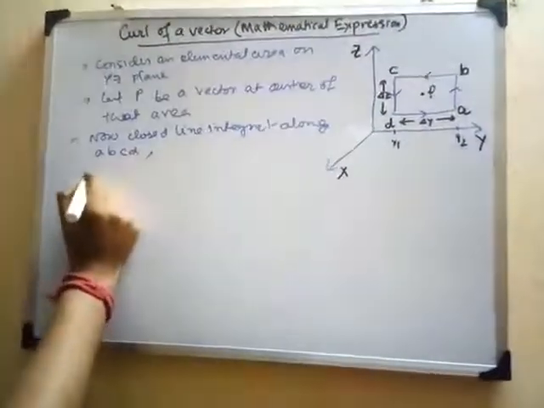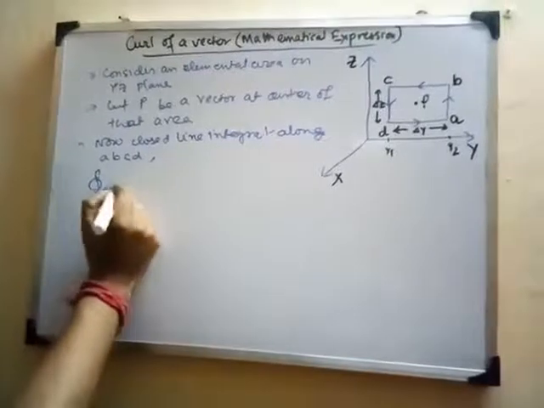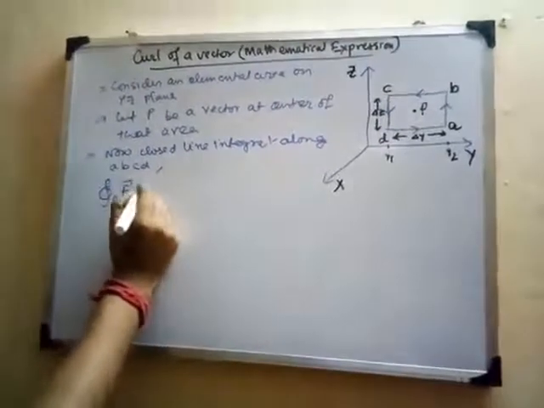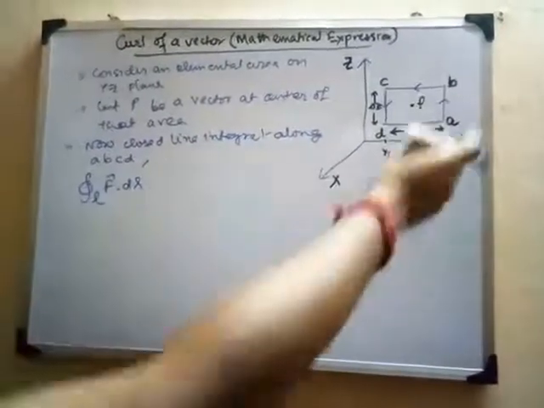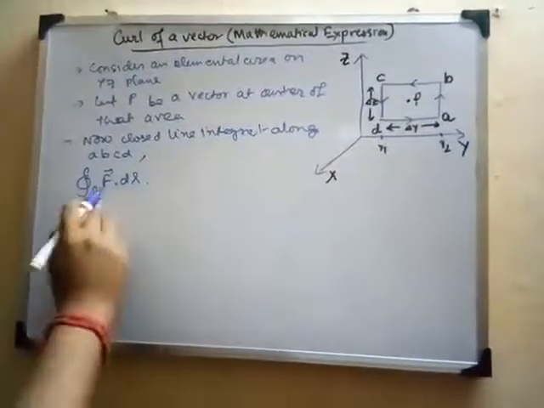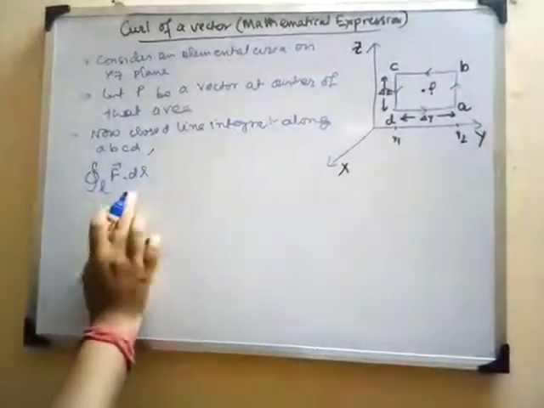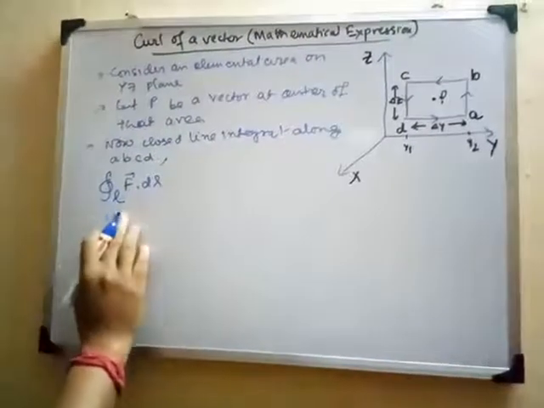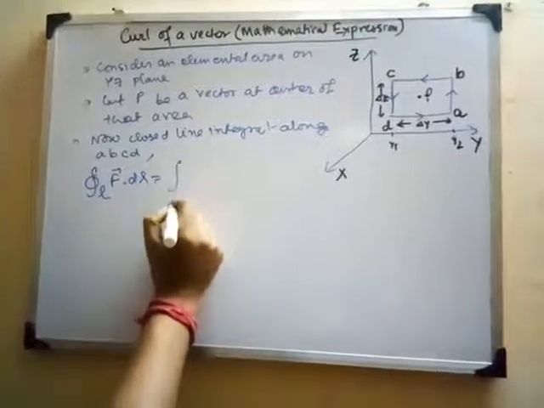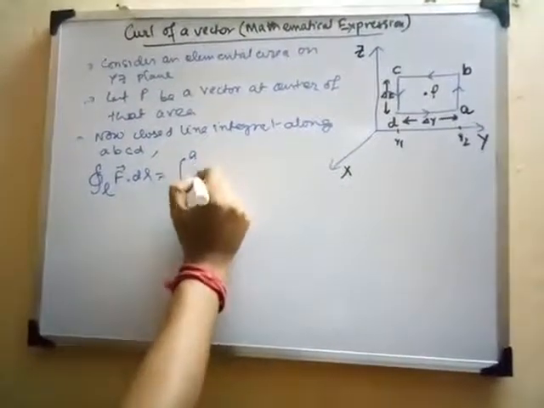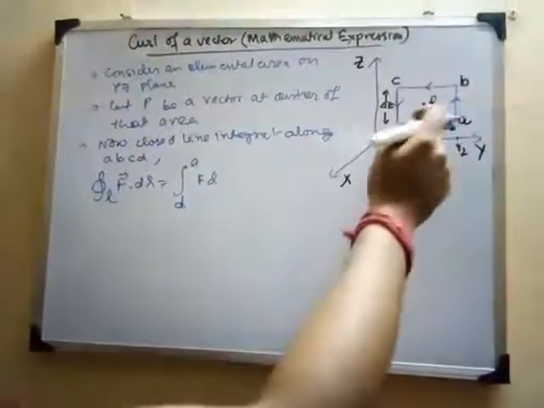We can write this as a closed line integral of f dl. This represents the closed line integral, since this surface is a closed one and this is a line, of course. So we represent it by the closed line integral of f dl, which will be equal to the sum of the integral from d to a of f dl